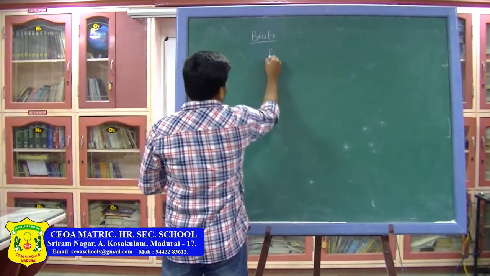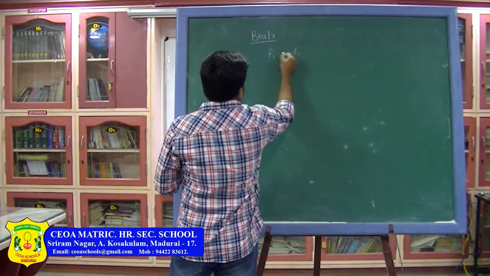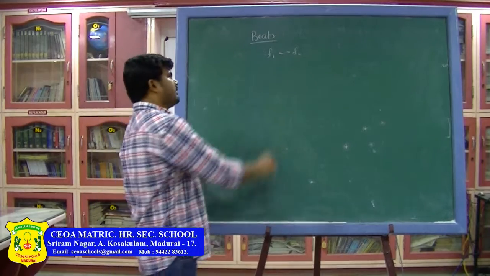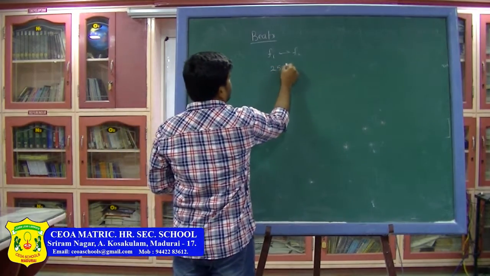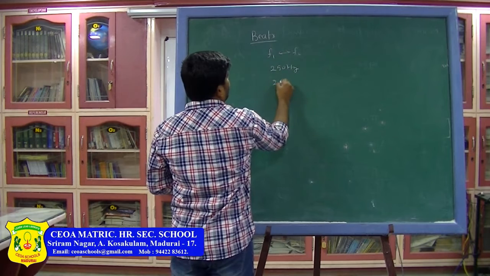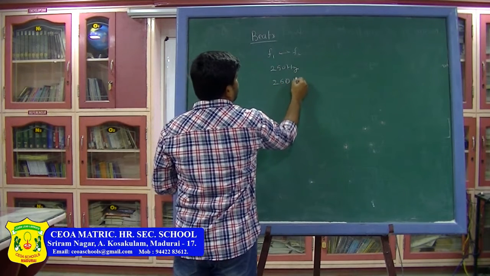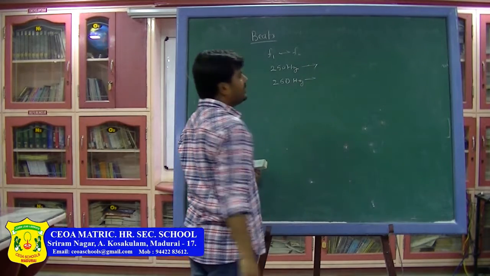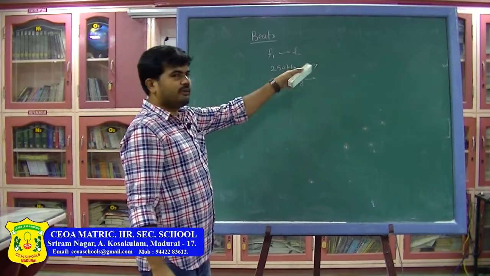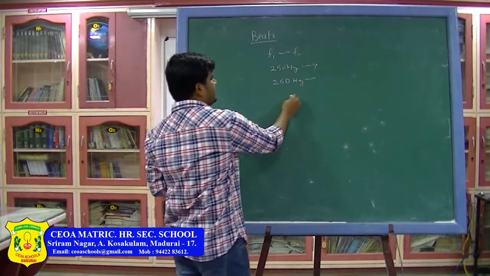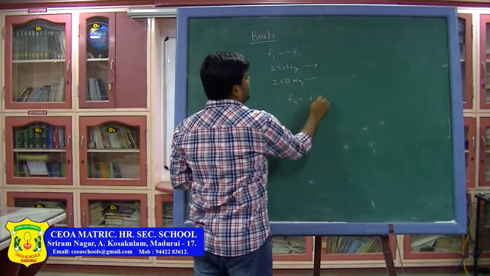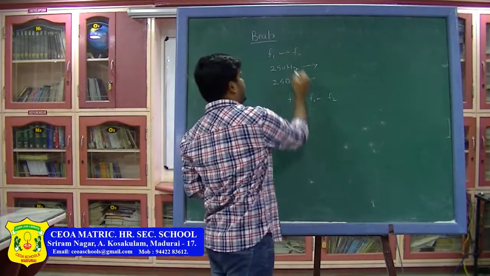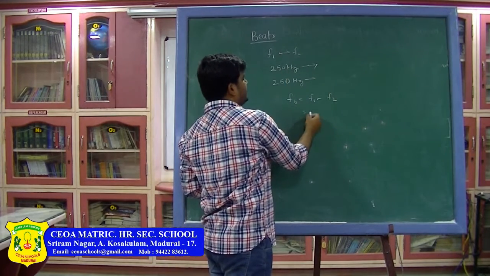Suppose f1 and f2 are the frequencies of two waves which are near to each other, like for example, one is 250 hertz, the other one is some 260 hertz. So, if these two sounds are traveling in same direction in the medium, then the resultant wave will be having a frequency which is equal to f1 difference f2. So, this difference of these two frequencies, that is 260 minus 250, that is 10 hertz.